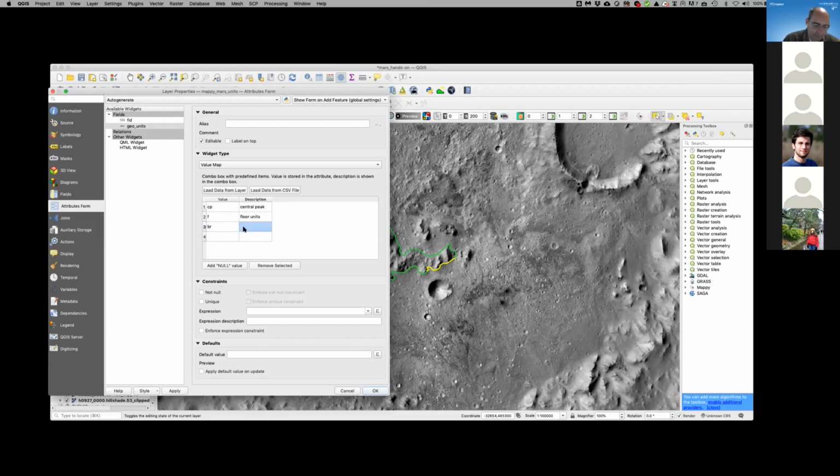BR, so bedrock units. Then we can eventually write a P for the aprons delta. So aprons, and I would go with P units, better aprons, and then we have the talus deposits,